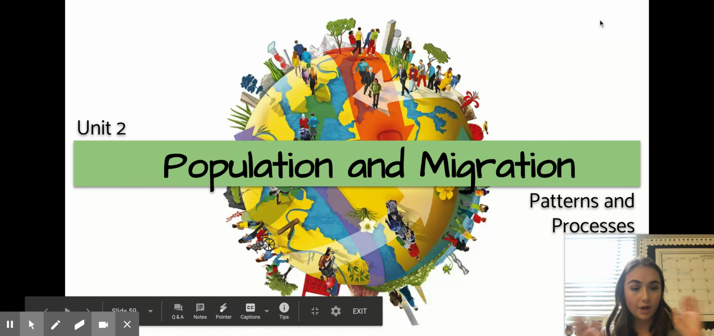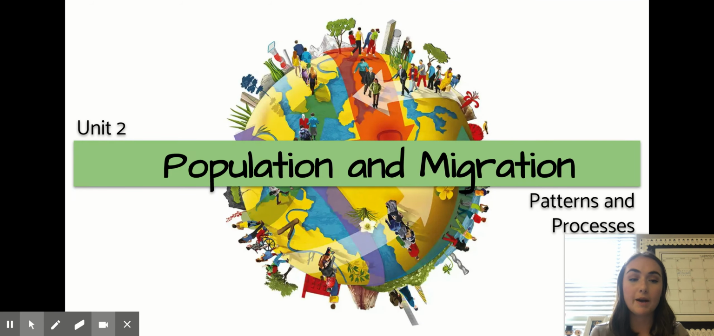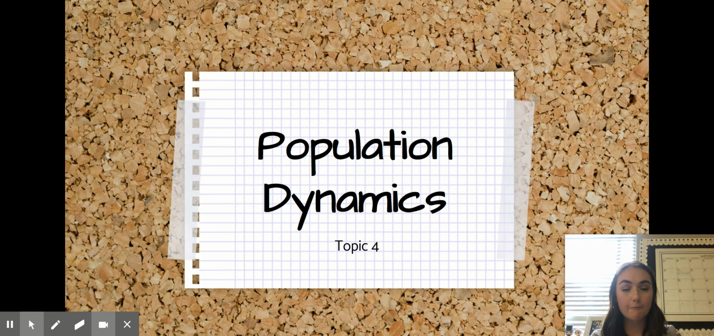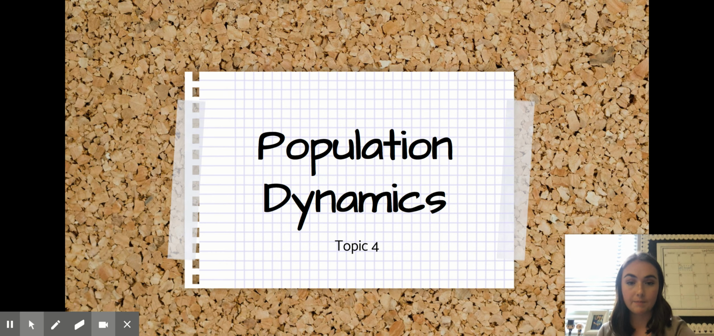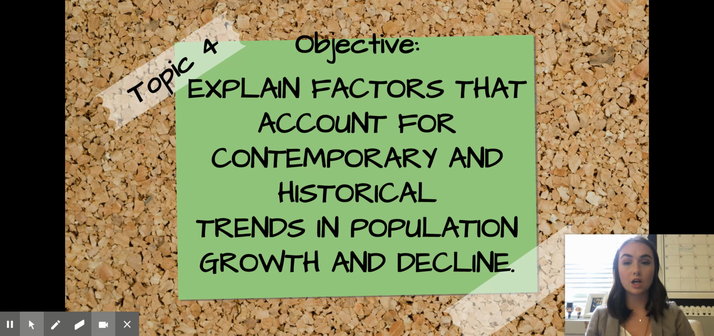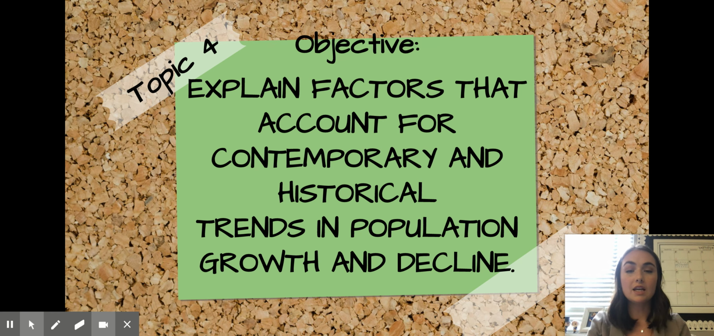Unit 2, obviously, we're still there talking about population and migration. Our topic 4 is population dynamics. And your objective for topic 4 is to explain factors that account for contemporary and historical trends in population growth and decline. I'm going to be honest, in this topic we are going to talk a lot of terms, population terms,